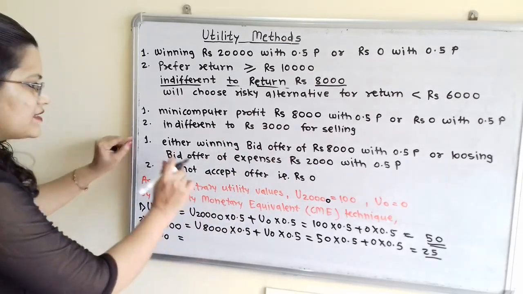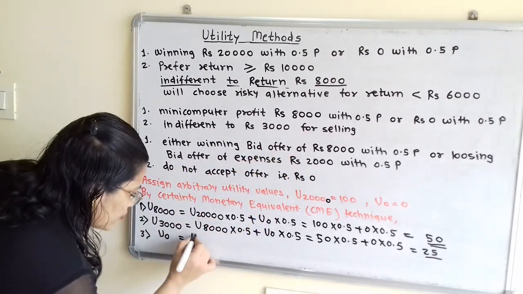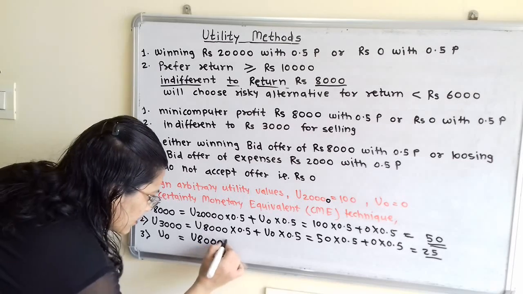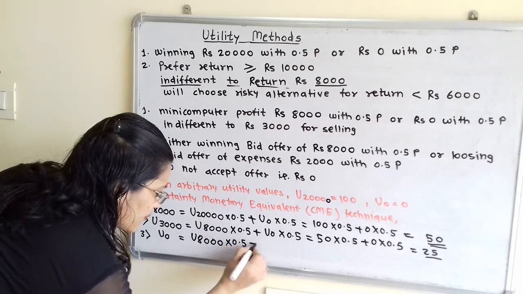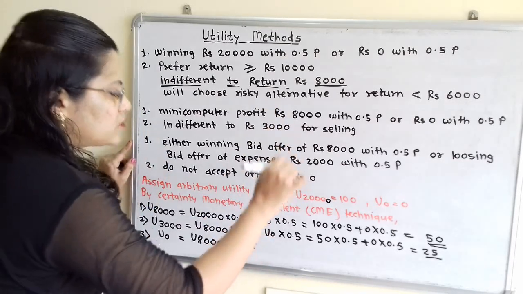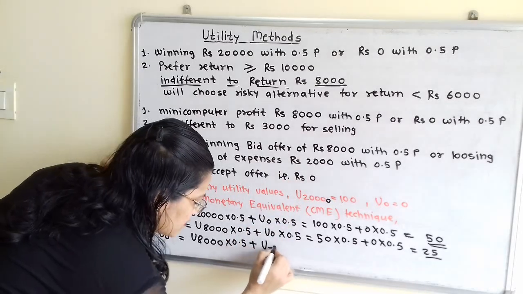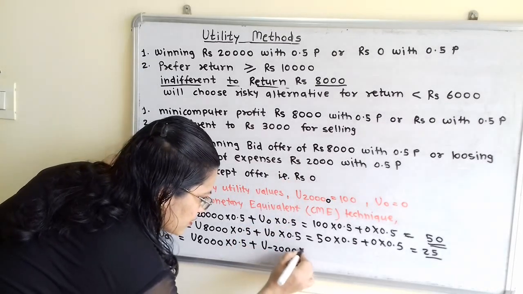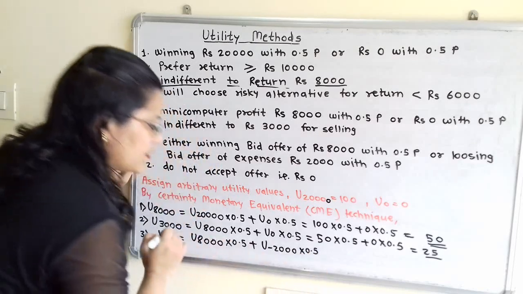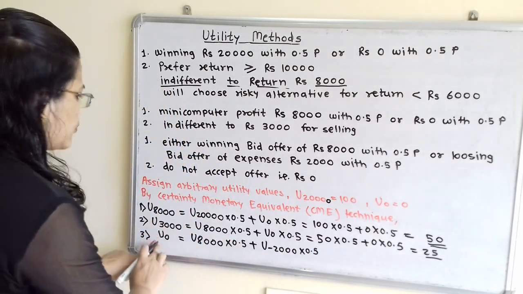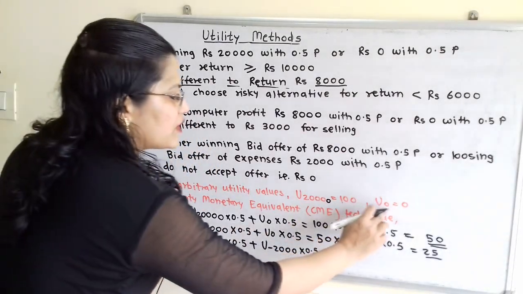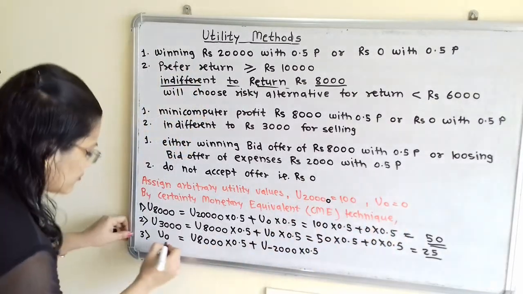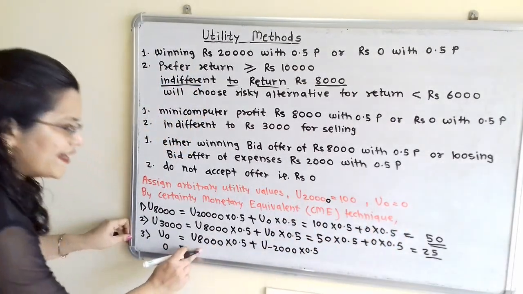So U(0) is equal to U(8,000) into 0.5 plus U(minus 2,000) into 0.5. Now we will put in the values. U(0), which we have already assigned the value 0, is equal to U(8,000)